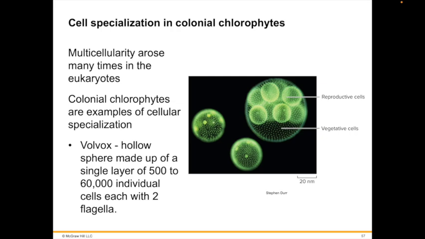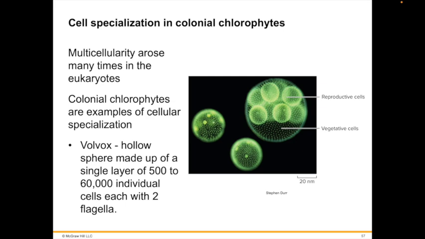Volvox is an example of a colonial green algae. Some cells are specialized for producing gametes or for asexual reproduction. It may represent a step on the way to multicellularity, and then we have the multicellular